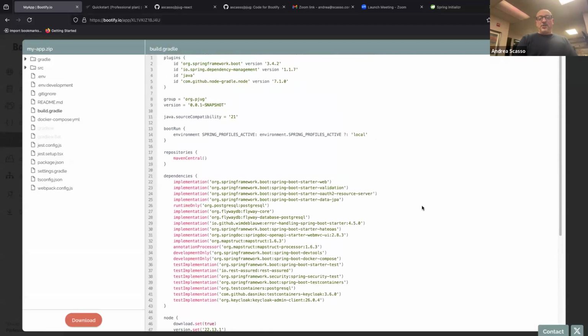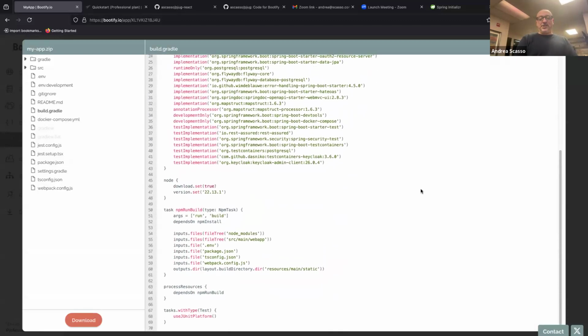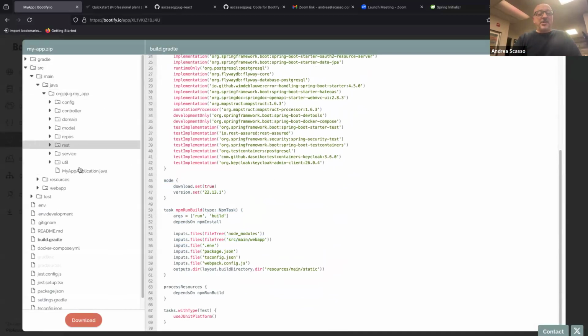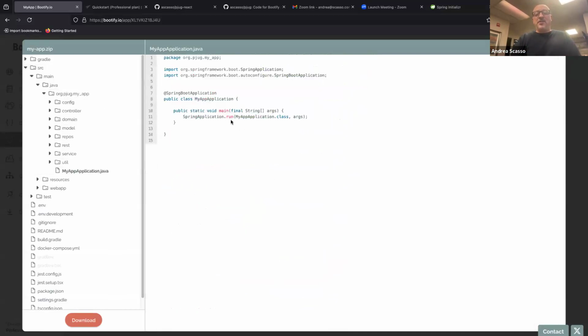The build file is already a little more detailed, and it also has NPM support. So for the front end, I don't know if anybody has done React, but I'm just starting. You need to have Node installed and all that, but the build file will already run it for you. But then check out the code. This is where I think it gets really interesting. Yes, it does generate the run like the initializer does, but let's go check out everything